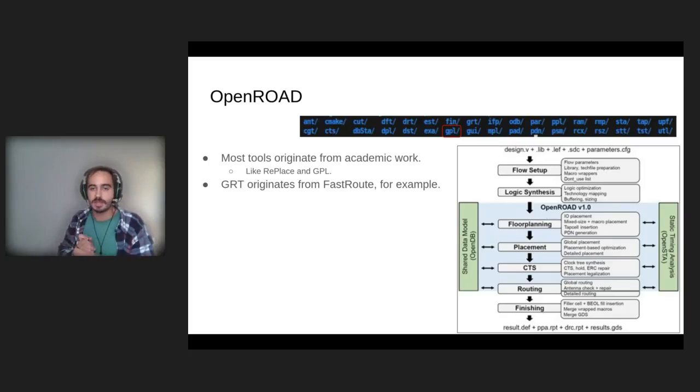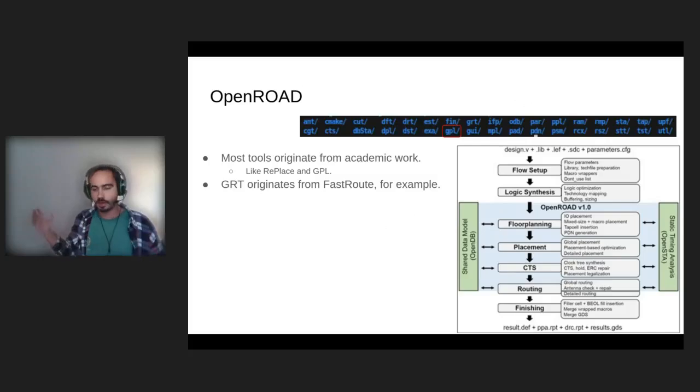And this image on the top here is all of the source code from inside of OpenROAD. So we have a directory with multiple tools. And what I wanted to show you guys here is that each step is implemented based on an academic approach. So when OpenROAD was designed, implemented, invented,